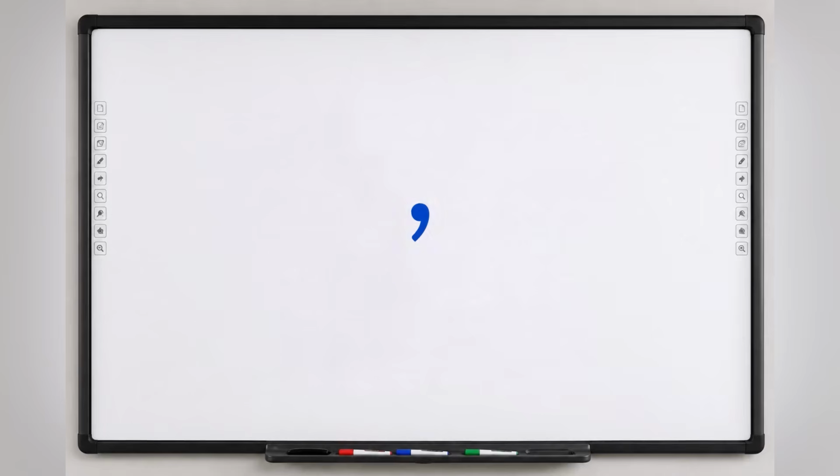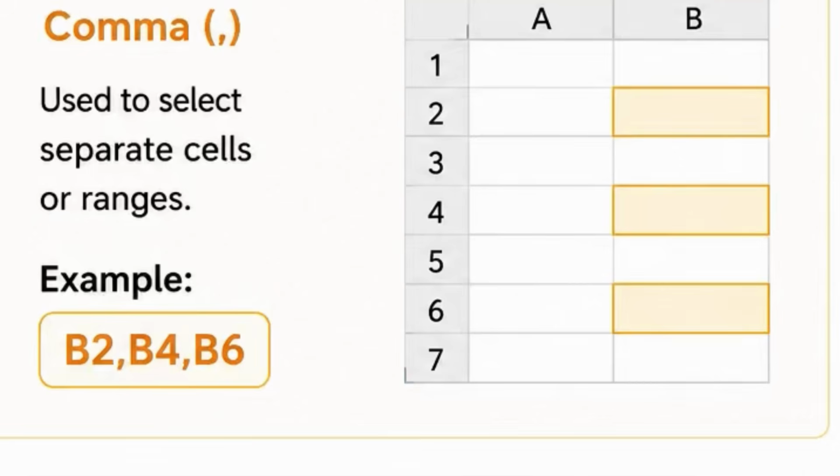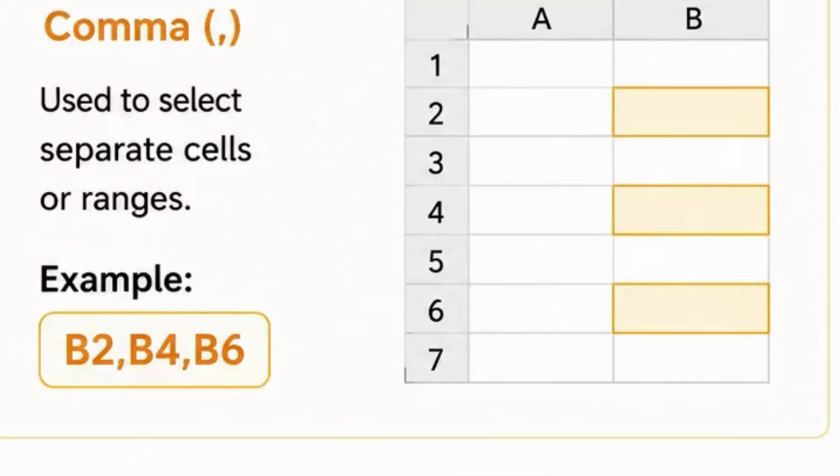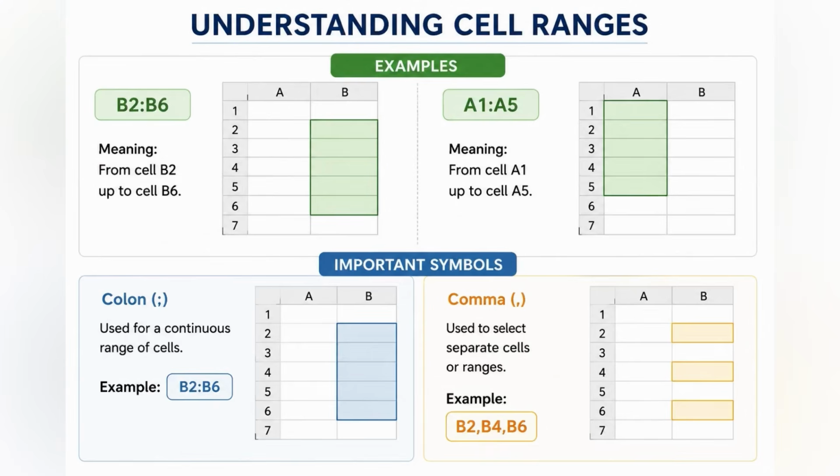A comma is used when we want to select specific cells that are not next to each other. For example, B2, comma B4, comma B6 means we are selecting only those three cells. The cells in between are not included. Therefore, remember that colon is used for continuous range of cells, while a comma is used to select separate cells